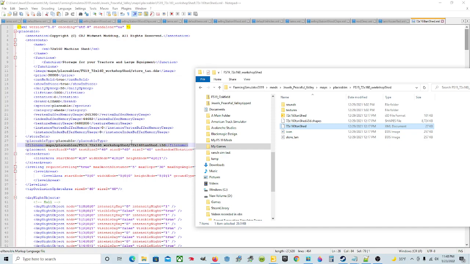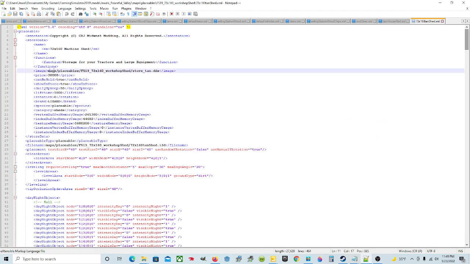So then you do a /, then you do this part, which is actually the I3D, which is this one, and you put it the same way that it says here. So put that exactly the way that I3D one is, and then it's already got the .i3D. Leave it there. Alright, so that's good. And then on the image you need to do that as well. So you're going to put the path the way that it is. And in that case, you're going to have one that says